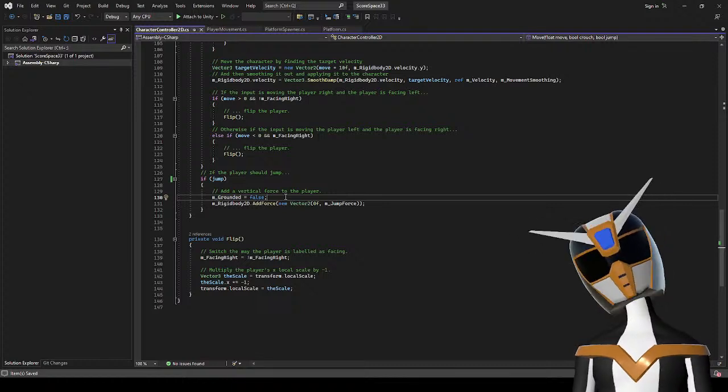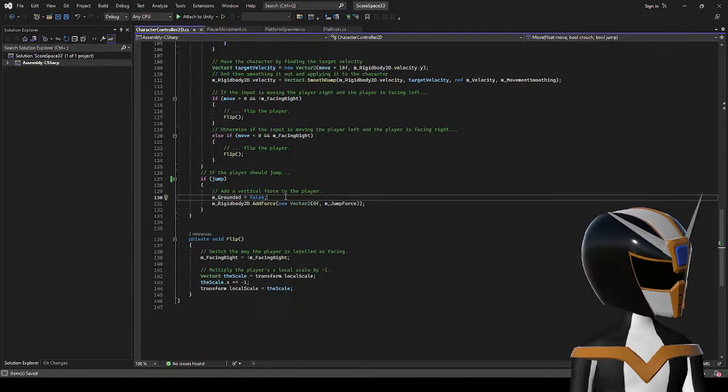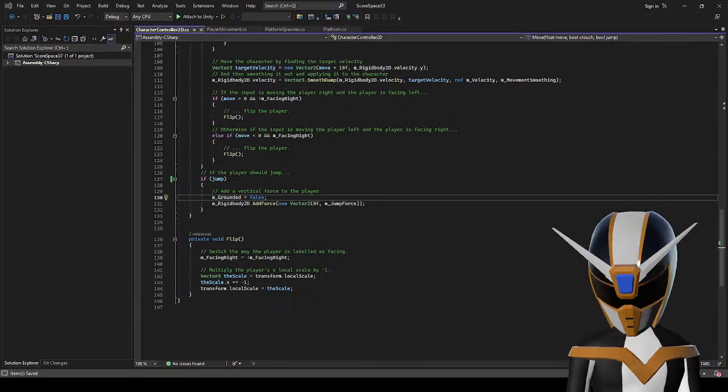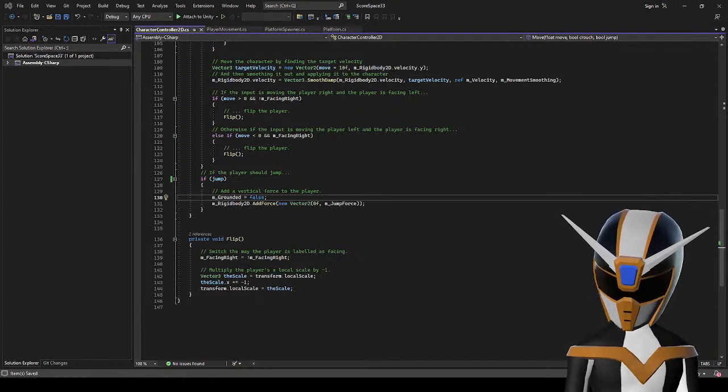Okay, so I need to set the vertical force of the rigid body to 0. There's a way to just set velocity, right? Set velocity.